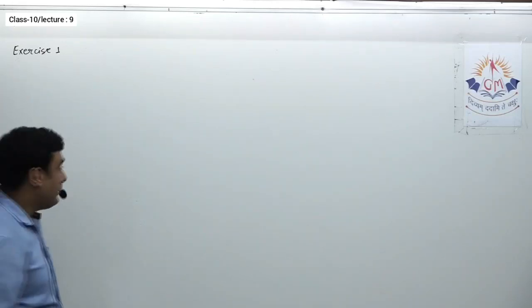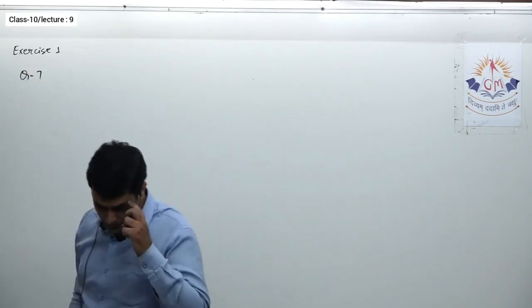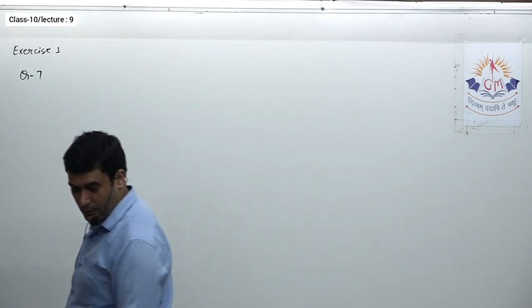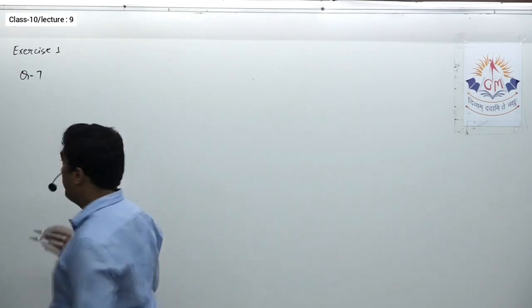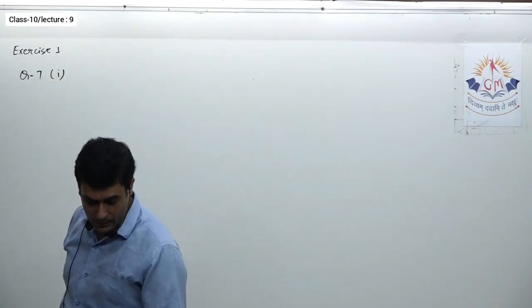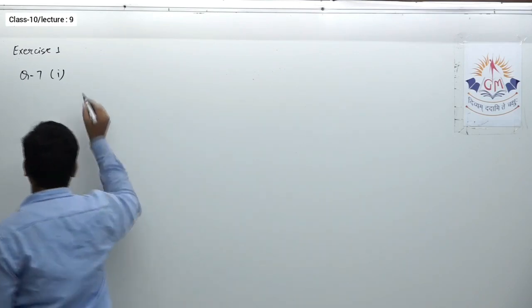Okay, question number 7. It says, which of the following pairs of linear equations is consistent or inconsistent. So let me solve here. The first one is x plus y equal to 5